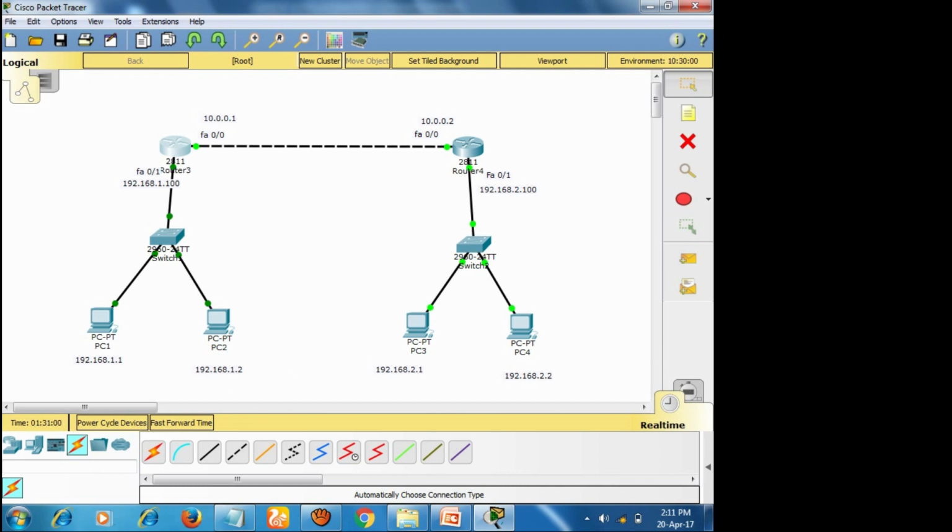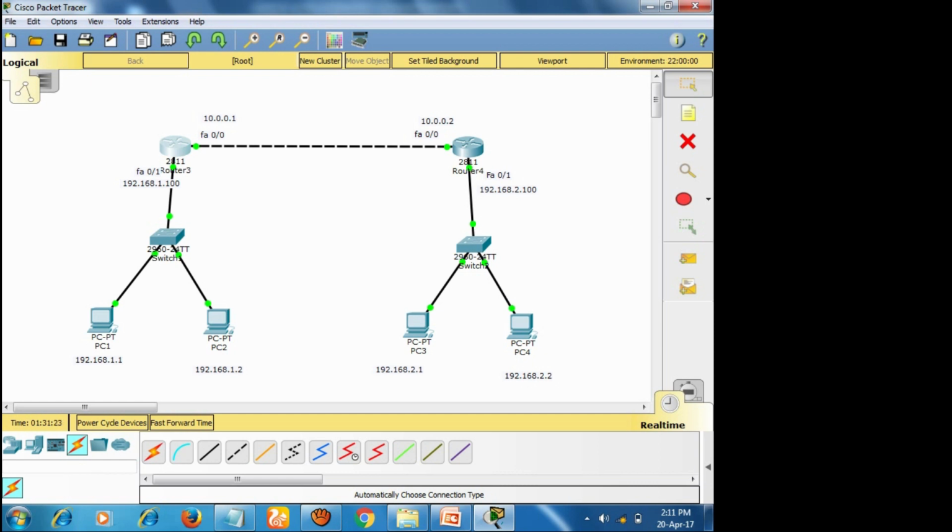Whenever you are pinging from PC1 to PC3, the packets will go like this, and PC3 has to give an acknowledgement to the 1.1, right? Only then the connection is established.